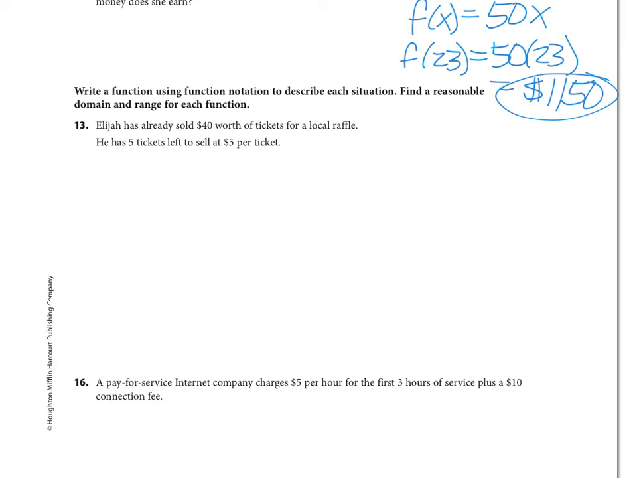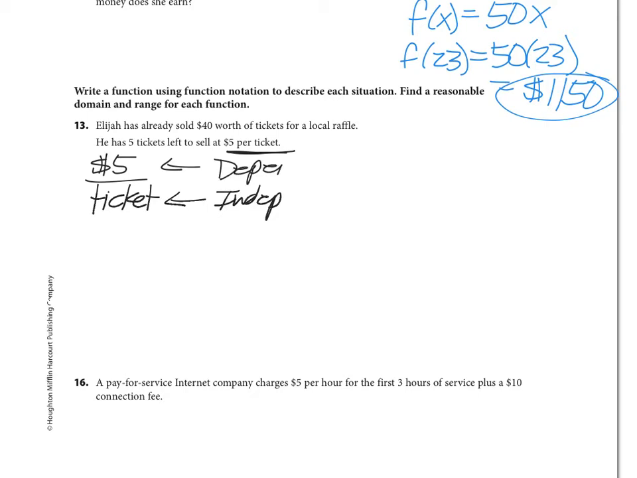Elijah has already sold $40 worth of tickets for a local raffle. He has 5 tickets left to sell at $5 per ticket. Okay, so again, there's our slope, $5 per ticket. So what's that mean? Our independent variable is tickets. So that's our independent, which is our x. Our dependent is our y, which in here is cost. Okay. So function notation